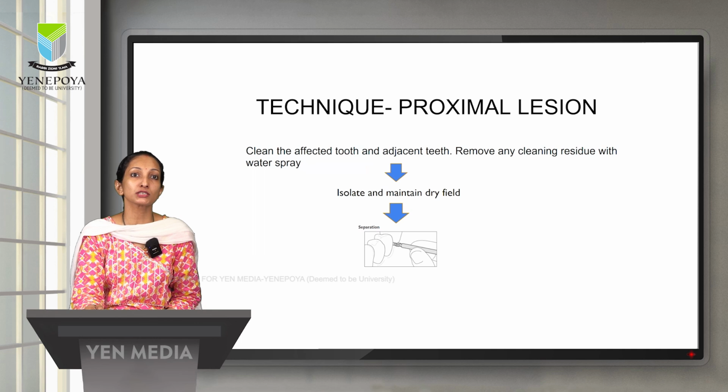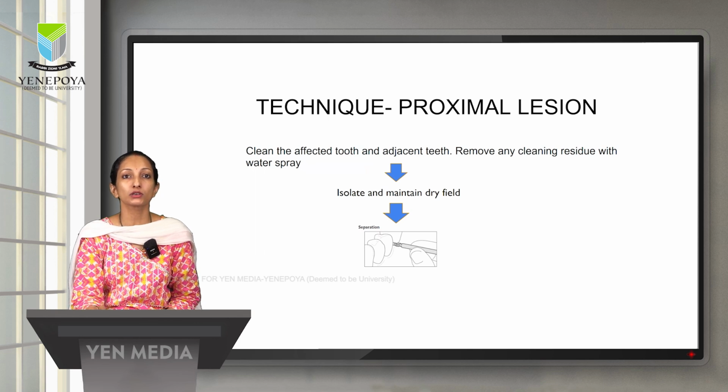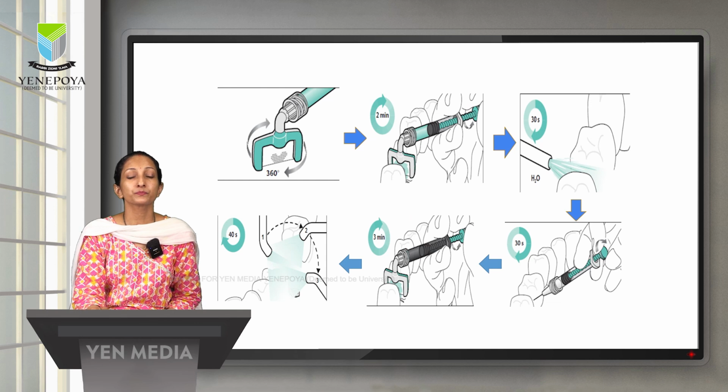So, the technique for the proximal lesion is to clean the affected tooth and adjacent teeth, remove any cleaning residue with water spray, and isolate and maintain a dry field. Also, the teeth are separated with separators or wedges. So, here we can see that the